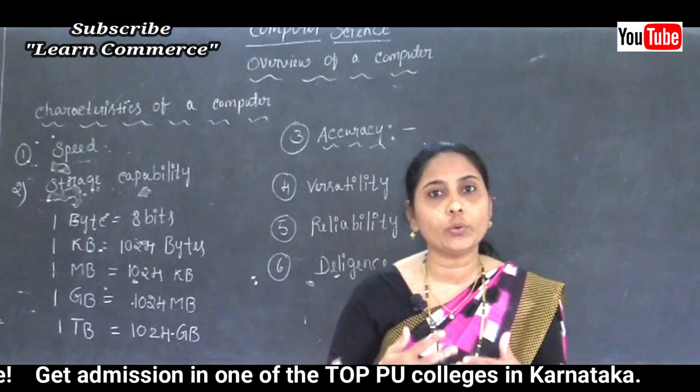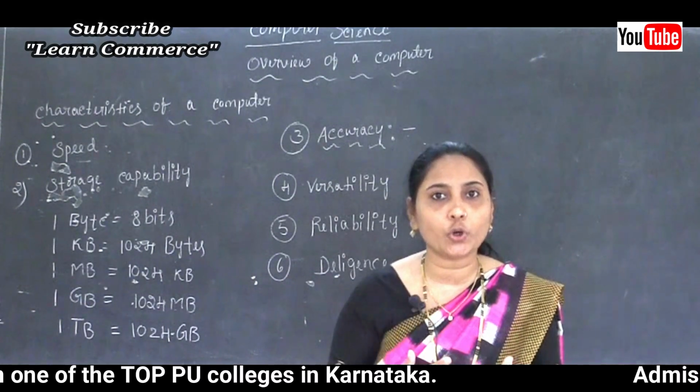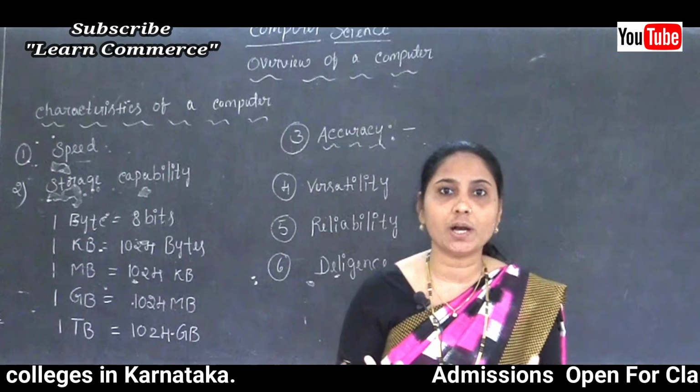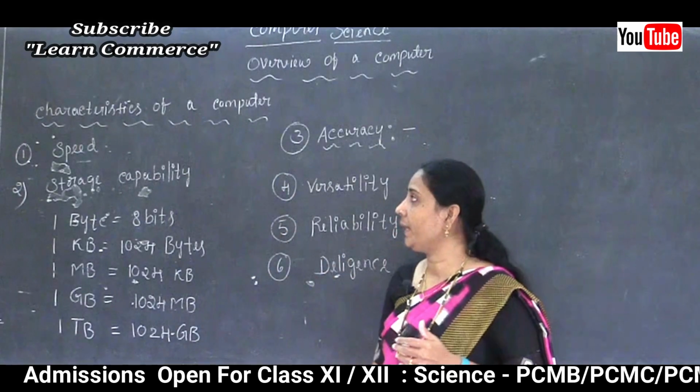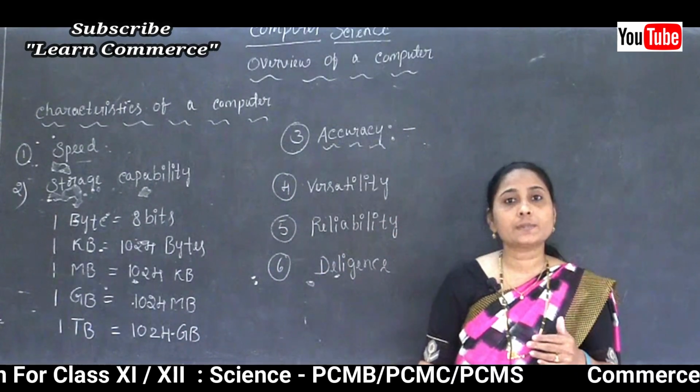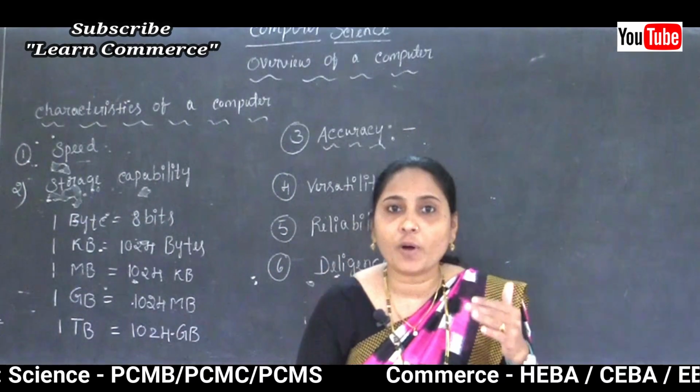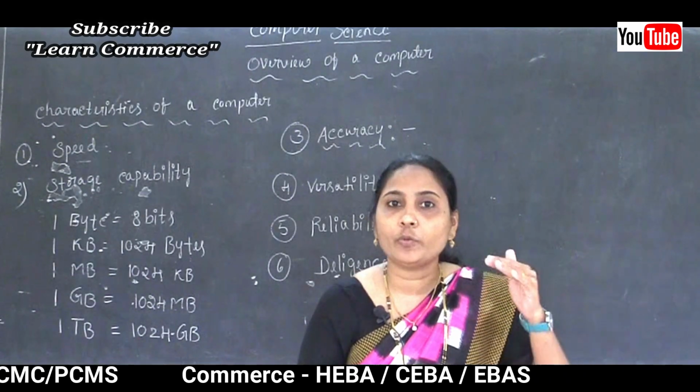It is going to show the output on the monitor, for any type of calculation. So in speed, we can say the computer is capable of performing calculations at very high speed,